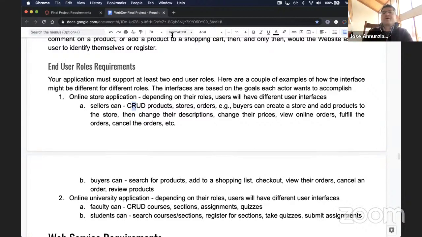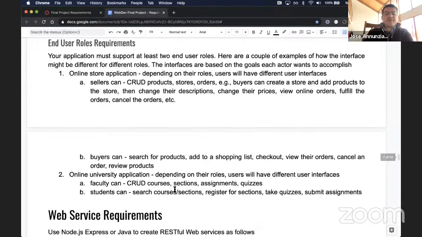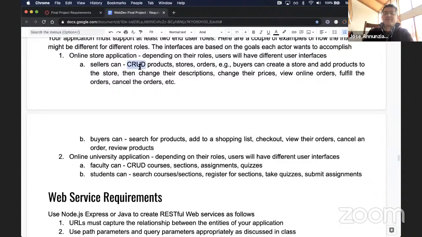delete, okay? Does the website admin count as a role? Yes, yeah, that usually is one of the easiest roles that you can create. Okay, an admin role, and then another user. Right, so each user needs to be able to do a specific set of CRUD operations: create, read, update, and